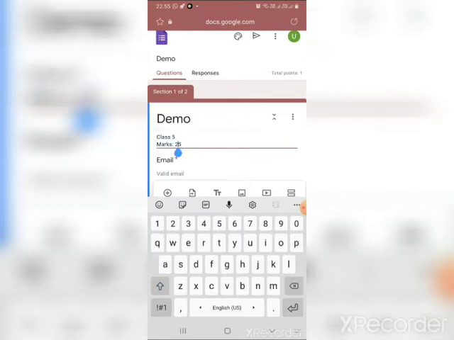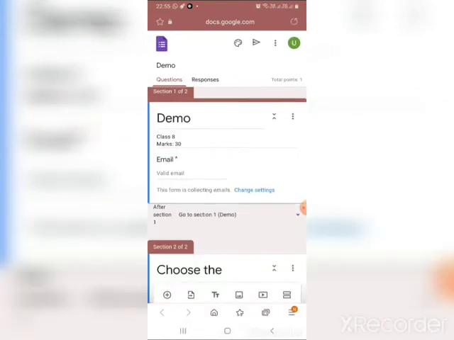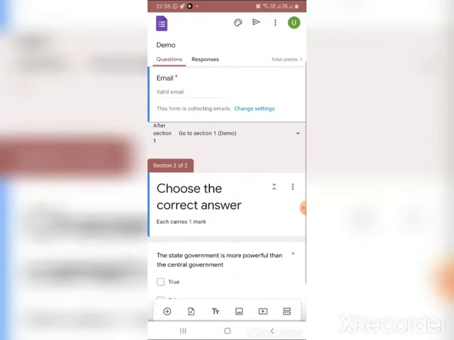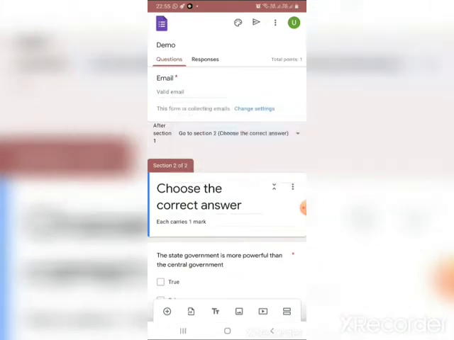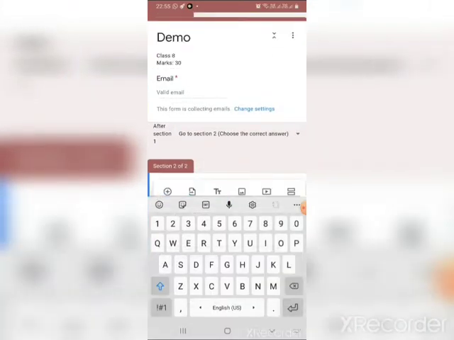If I wish to change it to some other class, I'll write that particular class, and if the number of marks allotted is different, then we can change it. Okay, and here you have the option to collect their email ID. Then now I'm going to section 2, then only I can make changes over here.